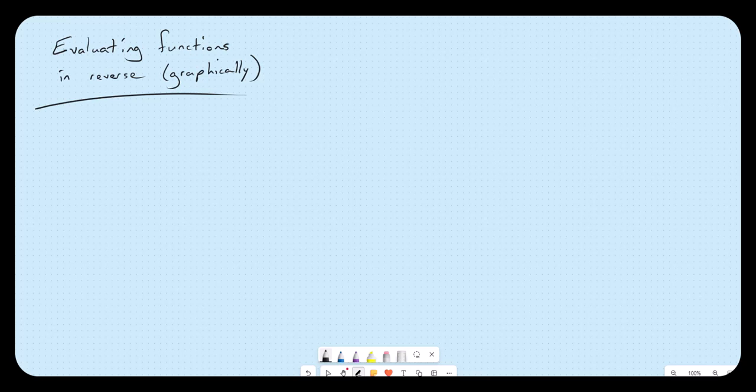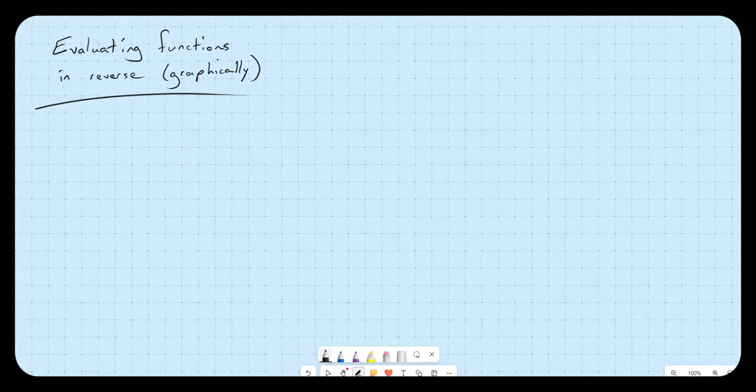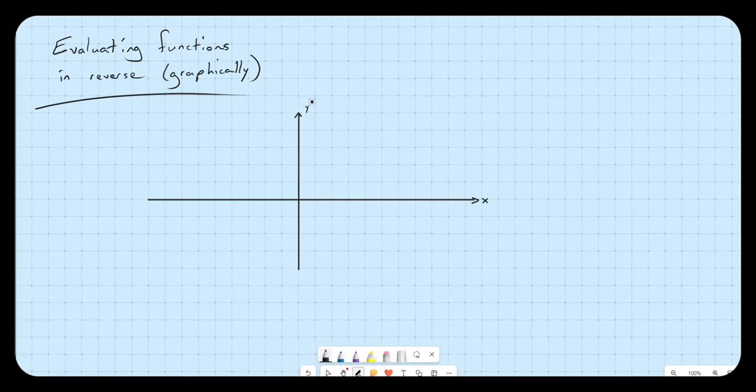So if I've got a graph, I'm going to switch to graph form. Okay. If I've got a graph and it looks like this, here's x, here's y, or maybe f of x. I'm just going to leave it as y. And I've got some kind of a function here, so maybe it goes this way, I don't know, something like that. And I want to say,